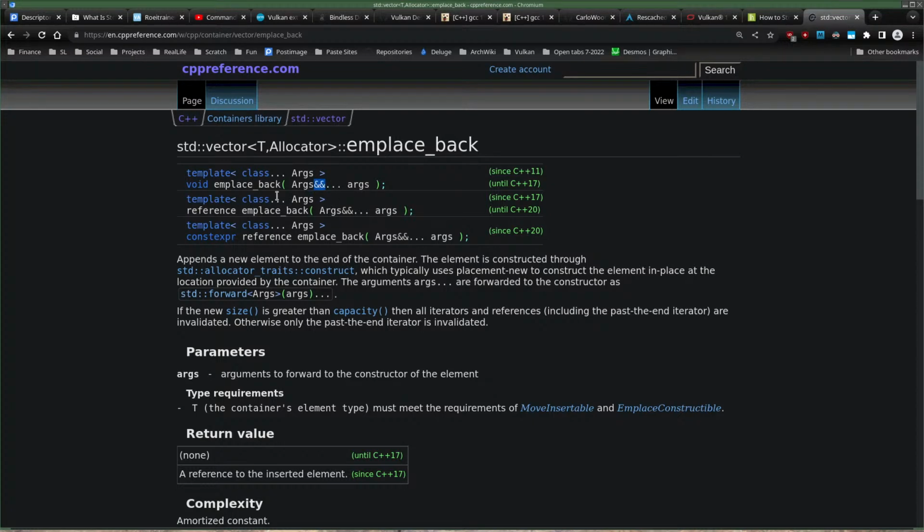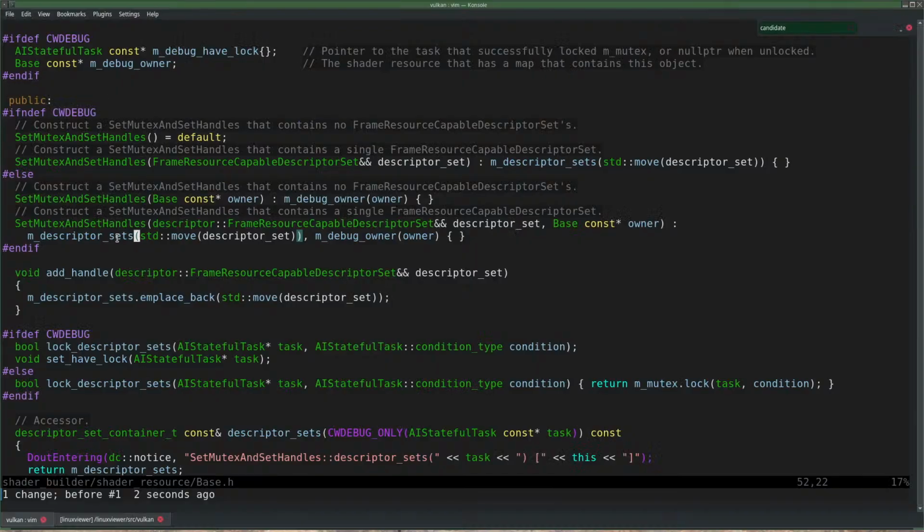It's a universal reference or something like that. So it allows you to pass anything, and what we are going to pass is an R value reference, and then we're going to use the move constructor to construct it. So this is the argument of our move constructor, which is then being used to construct it in place at the back,